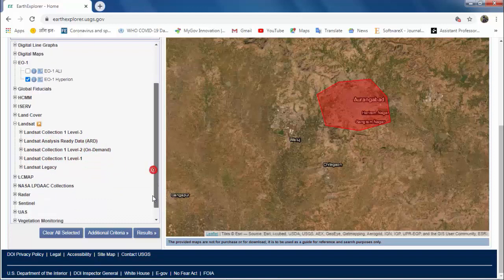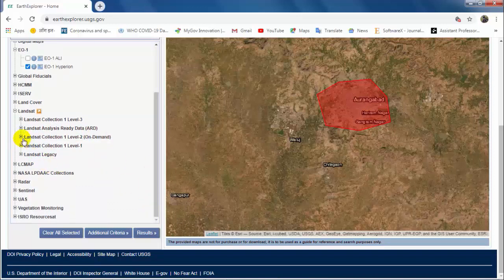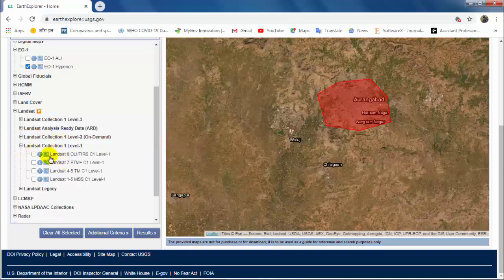So if you want to purchase this data, you can purchase. Otherwise, I want free data, that is Landsat 8, the current version of this satellite mission. So I want to download this data, Operational Land Imager OLI, the thermal imager sensor collection. Okay, Level 1 data I want to download. So I will click here.